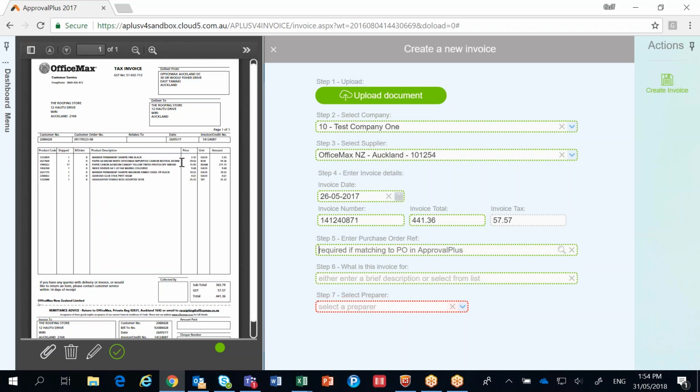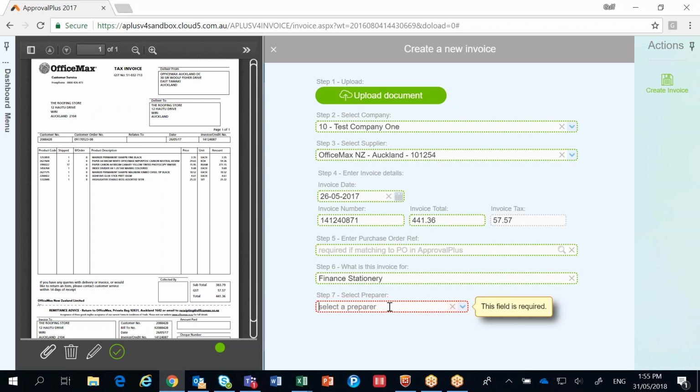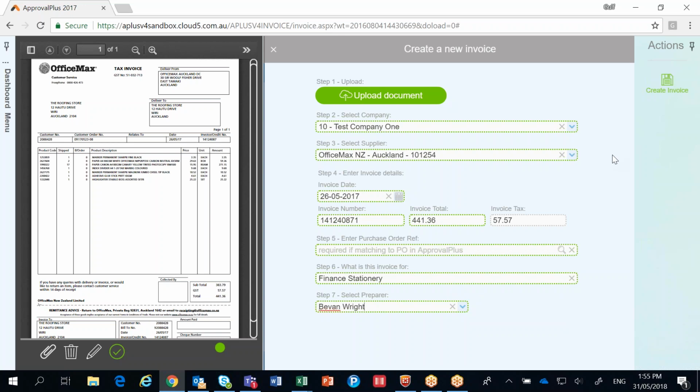Okay, if there is a valid purchase order number being quoted on here that we're going to match to, you'd pop that in there, and you can put in a narration, and this might be something like one I've got there, finance stationery, for example. Okay, the last step really in some regards for the accounts payable person is to select who to send this invoice for coding and approval to. So I'm just going to look, we've got a list of users here, choosing my own one, and we're creating